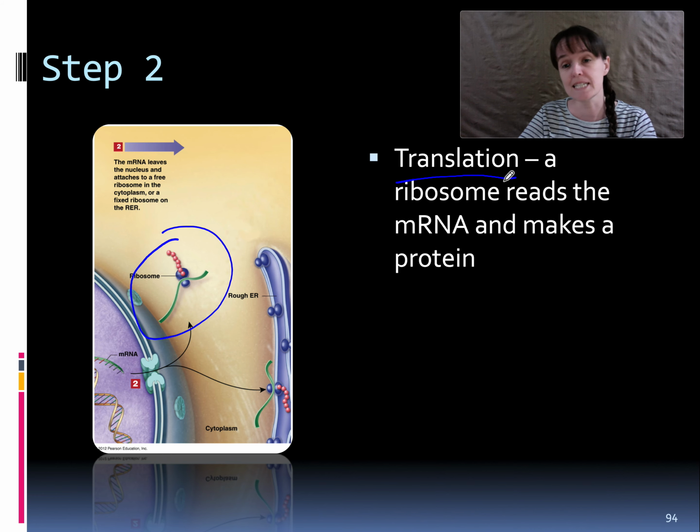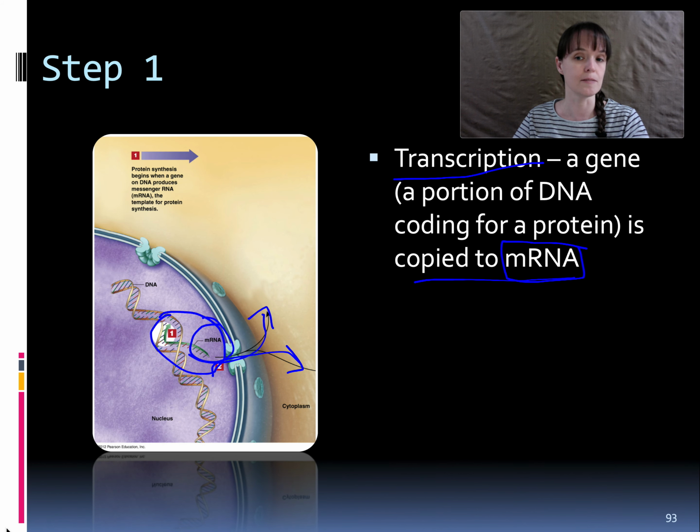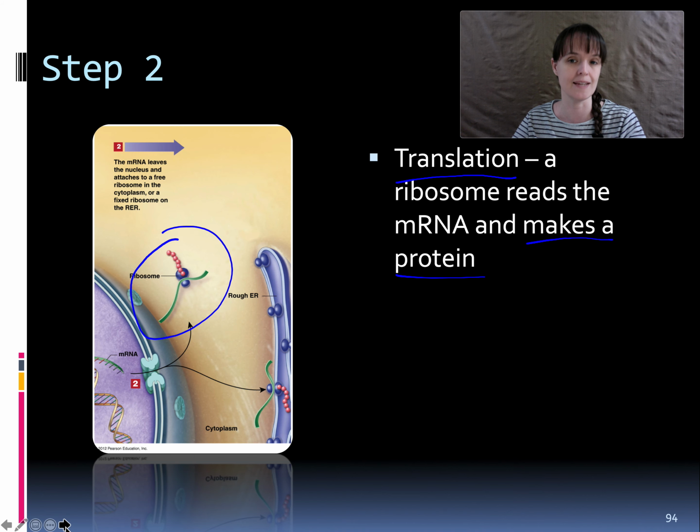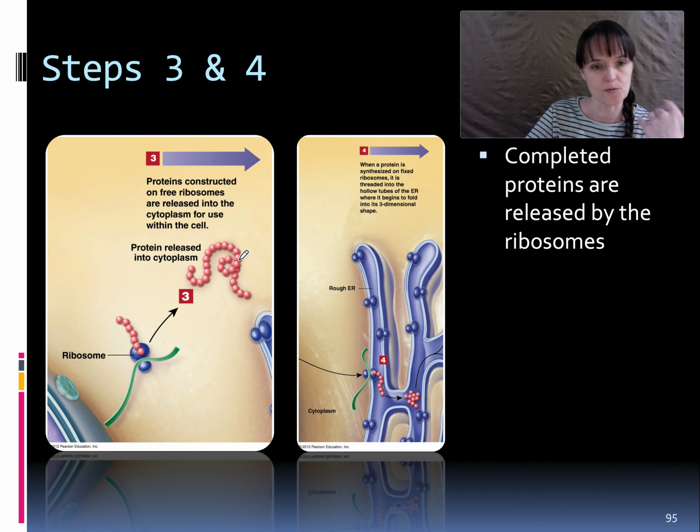All right, so translation is the ribosome reads the mRNA and makes a protein. And how do you make the mRNA? I was supposed to click back. Okay, transcription. It's how you make the mRNA. And then you use the mRNA to make protein. That's translation. Excellent. So then this shows that these are released for use in the cell, and then these are